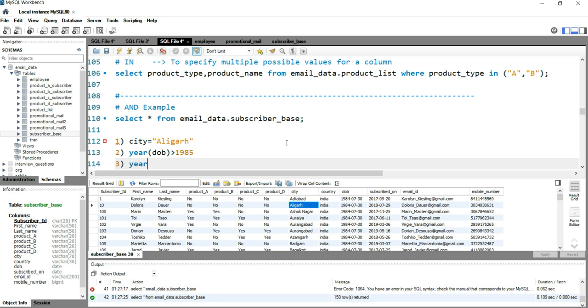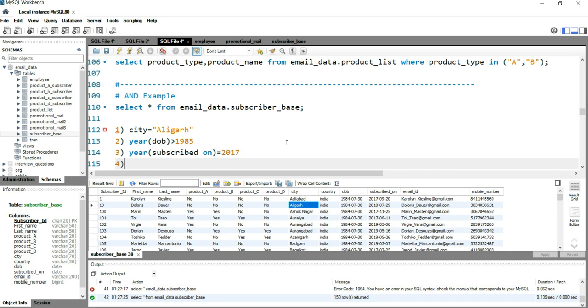So the year of subscription, subscribed on, should be equal to 2017. And the last condition is that they should have subscribed for product A. So product_A is equal to yes.